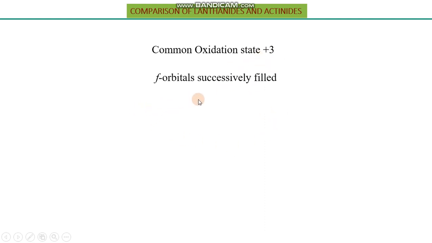Both the series are f block because f orbital subshells are successively filled, or by definition we can say that the last electron enters into the anti-penultimate subshell. Therefore, both of them were called f block elements, so they belong to the same family on the basis of the anti-penultimate subshell. Contraction phenomena in both the series was observed, and it was almost the same,